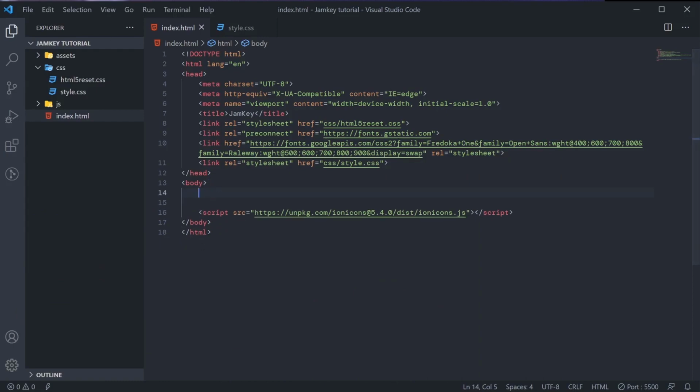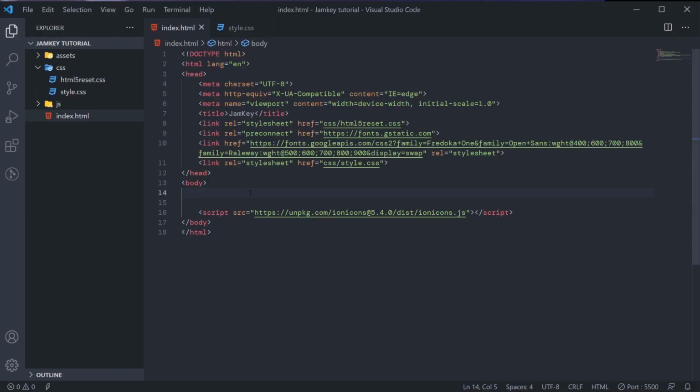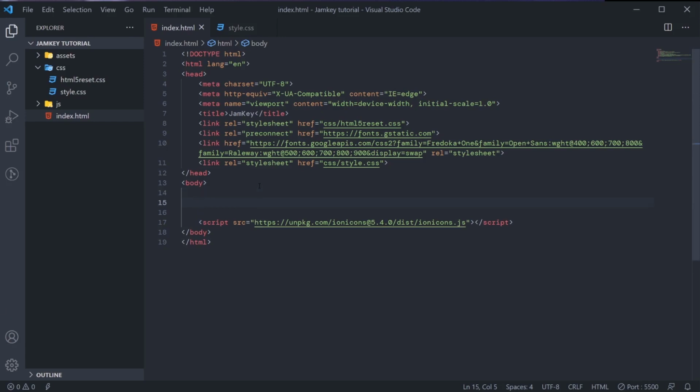So the first thing we'll do is start with this header here. To design this header, I will go to my code here. Then I'll create a header tag. I'll adjust my microphone a little. Okay.